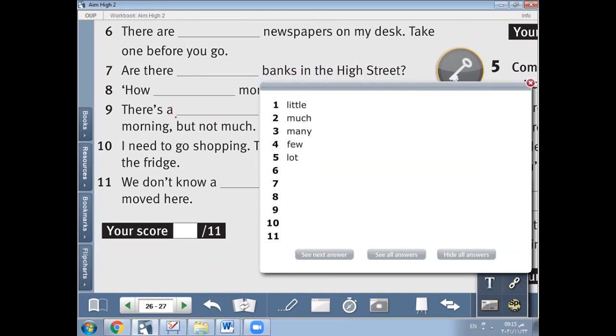Yalla Moataz. There are some newspapers on my desk. Take one before you go. Again. There are some newspapers on my desk. Take one before you